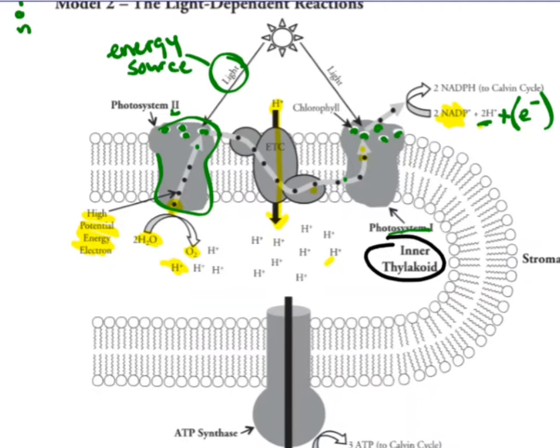Light strikes the photosystem, it excites the electron, and this electron moves through the electron transport chain. In the process, it pulls hydrogen into what we call the lumen, or the center of the thylakoid. Also happening when light strikes, water is split, releasing oxygen and hydrogen, contributing to this high concentration of hydrogen,